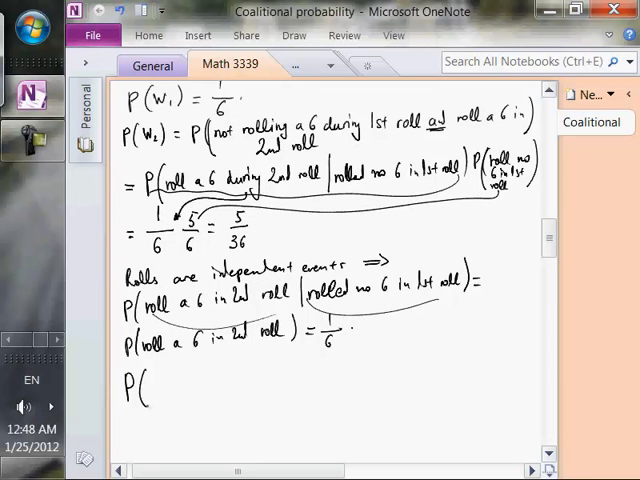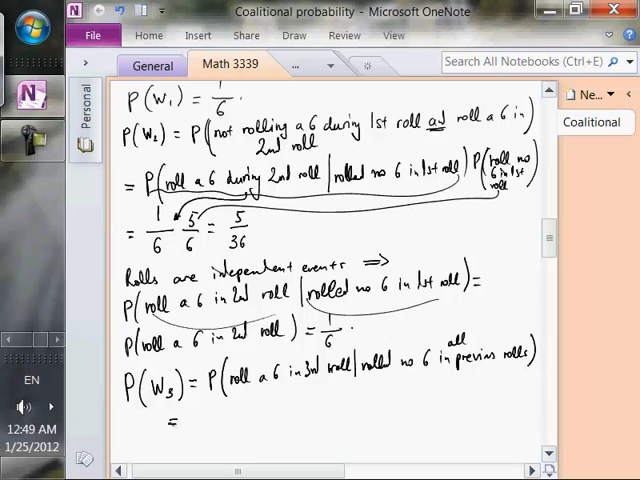Likewise, the probability of W3 is equal to the probability of rolling a 6 in the third roll, given that we rolled no 6 in all previous rolls, times the probability that we rolled no 6 in the first and second rolls. So this will give us,